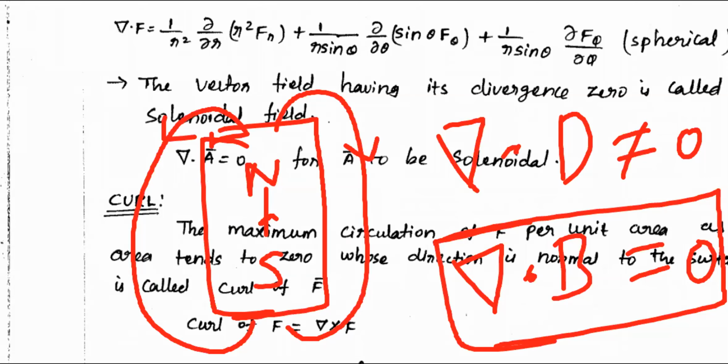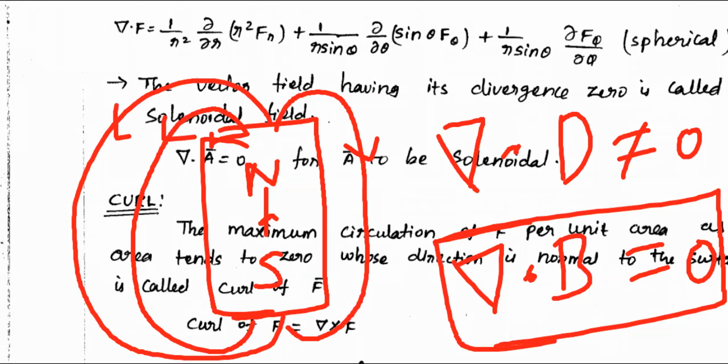See, if you are having a magnet like this also, I put some imaginary surface here. What is actually happening here? Two fluxes are entering and two fluxes are leaving. What is the effectiveness finally? Del dot B is 0 only. You put your imaginary sphere anywhere, definitely your del dot B will be 0 only.